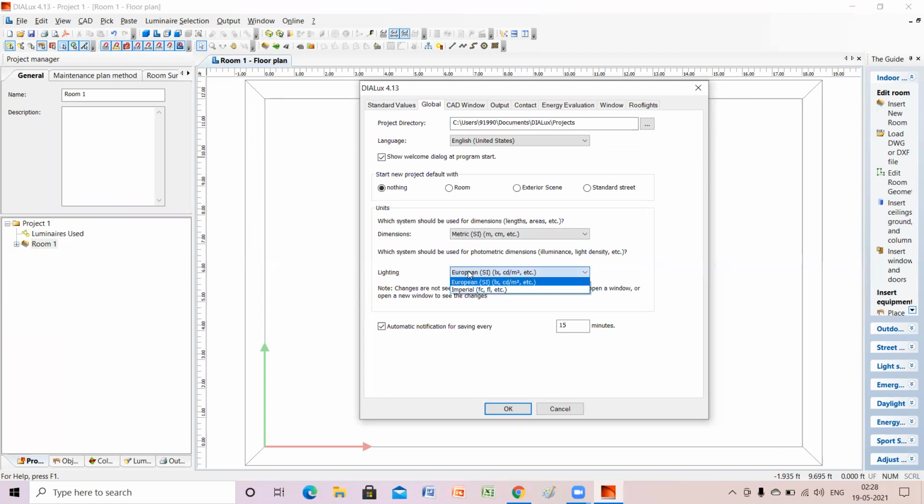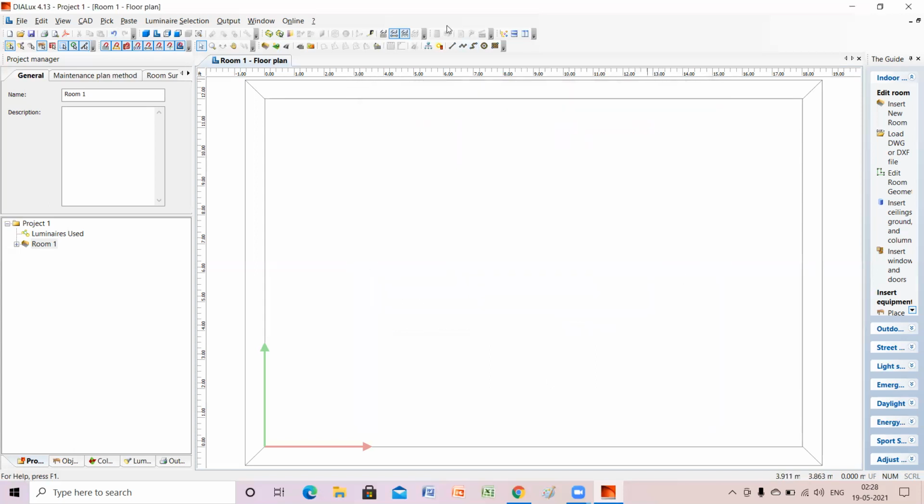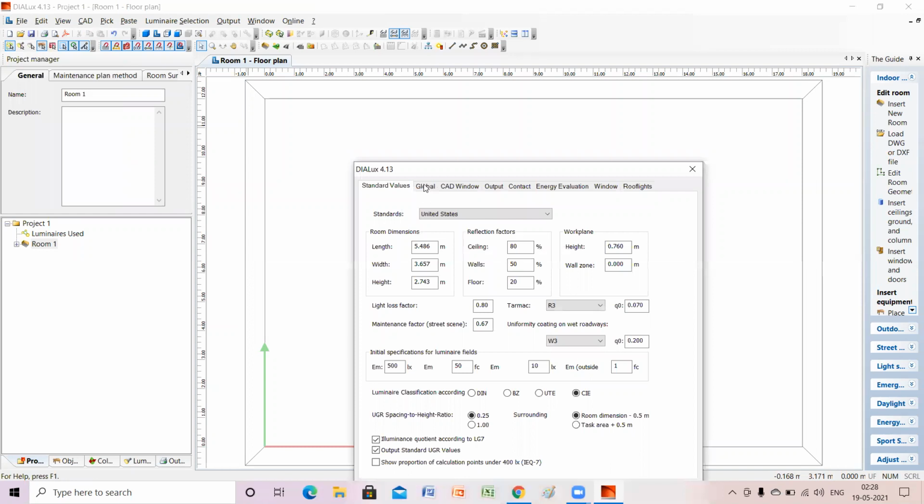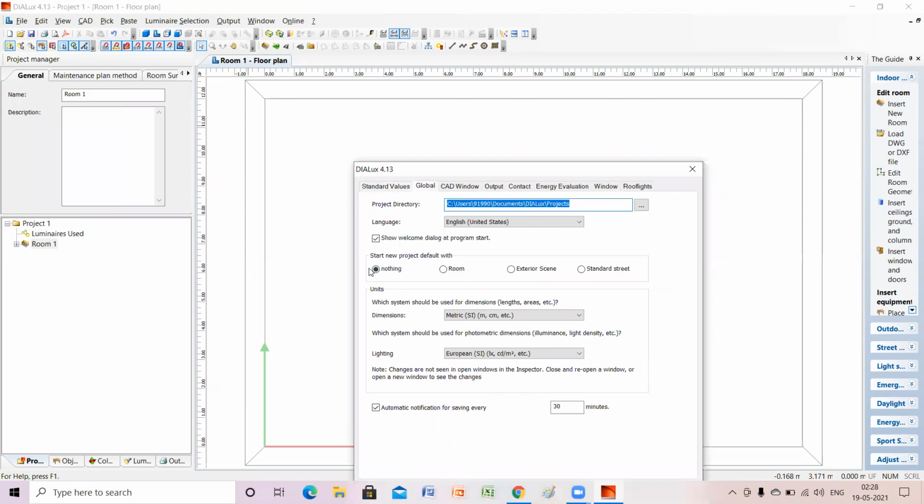And lighting, it is European. So this setting you need to do first. Go to file, go to settings, go to general options, go to global, dimensions, make it metric system, and lighting, make it European system, lux and candela per meter square.